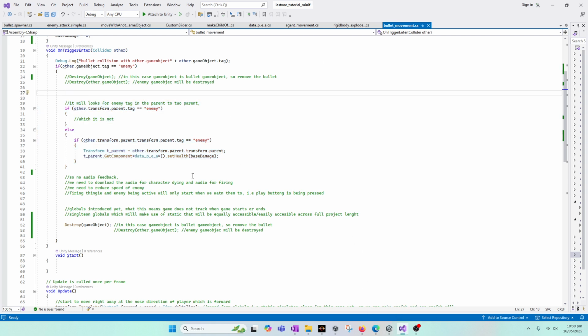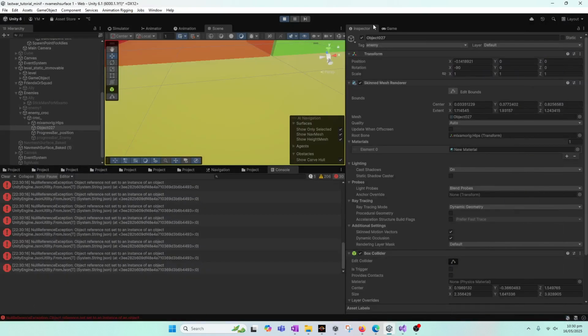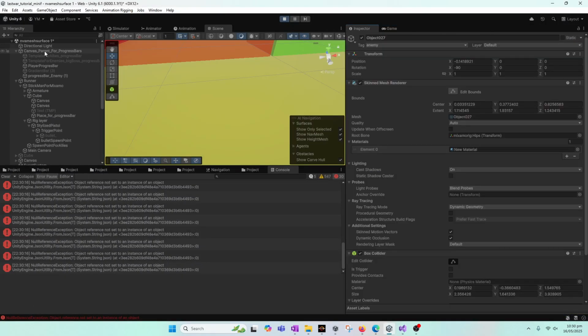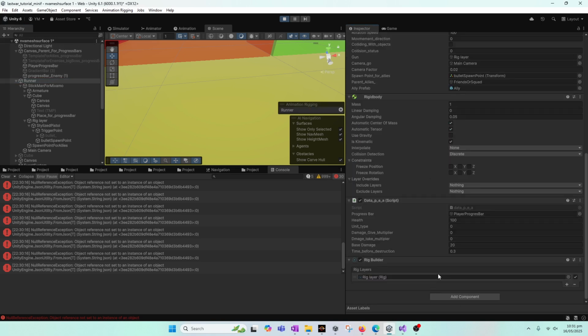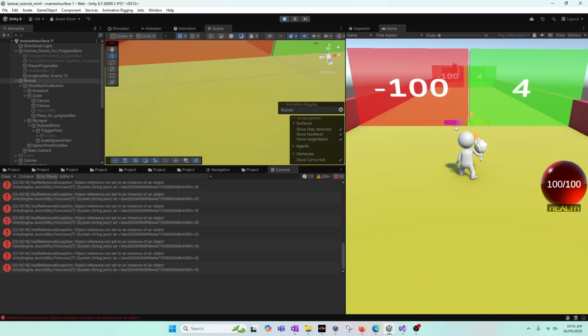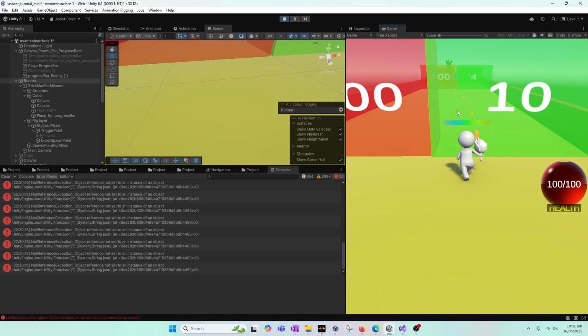So inside bullet movement, we simply move the destroy game object from here to here. And now when we press play and look inside this runner component, you see the base damage is 20. So now when we press enter,